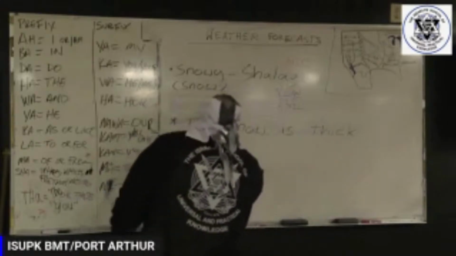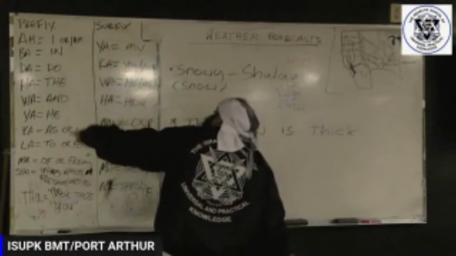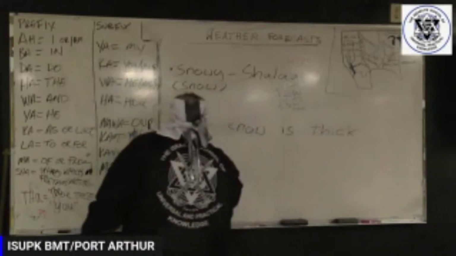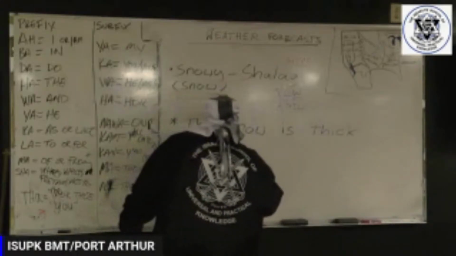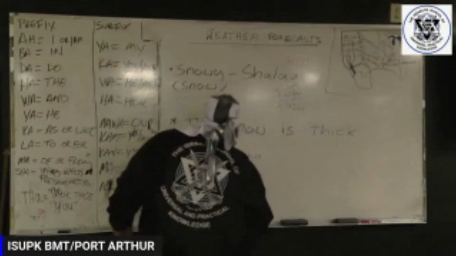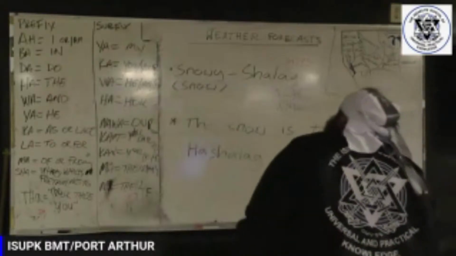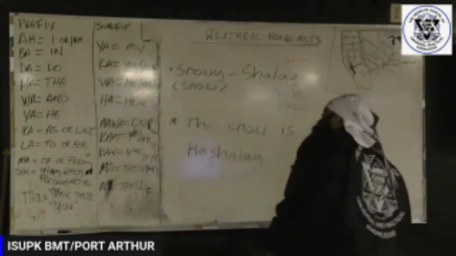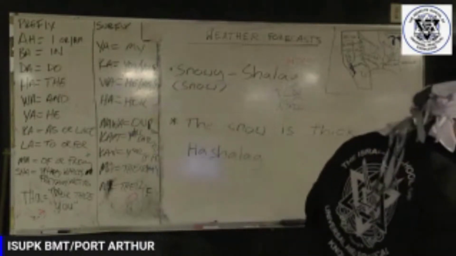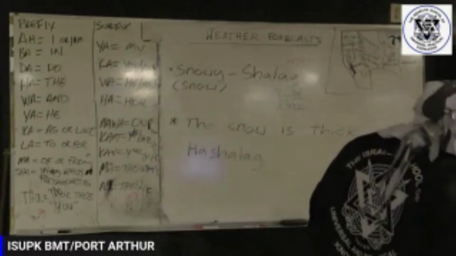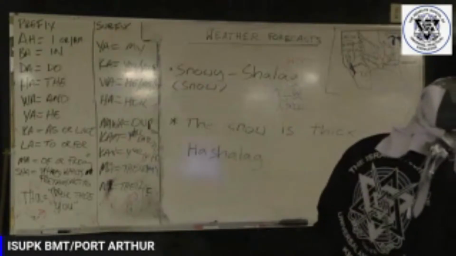We already know how to say the snow. We say SHALAM, but we use this prefix for the, which is ha. So the snow would be ha SHALAM. In ways, Hebrew is maybe even more convenient than English. You know what I'm saying? We're saying two words with one word right here, the prefix in the word itself. So ha SHALAM, the snow, and is thick. We don't say words like is too many. We do say them sometimes, but I'm going to go over that momentarily.